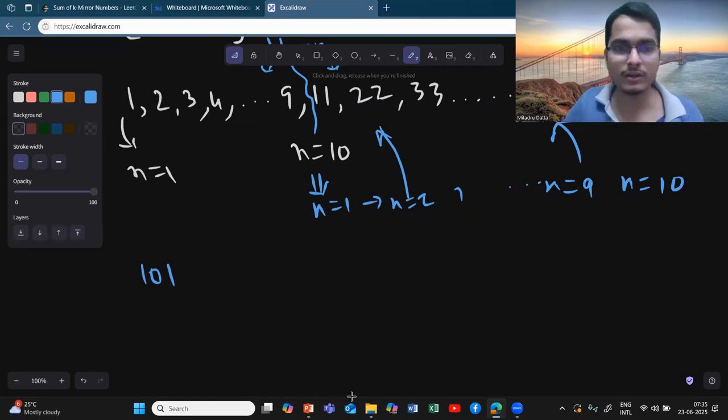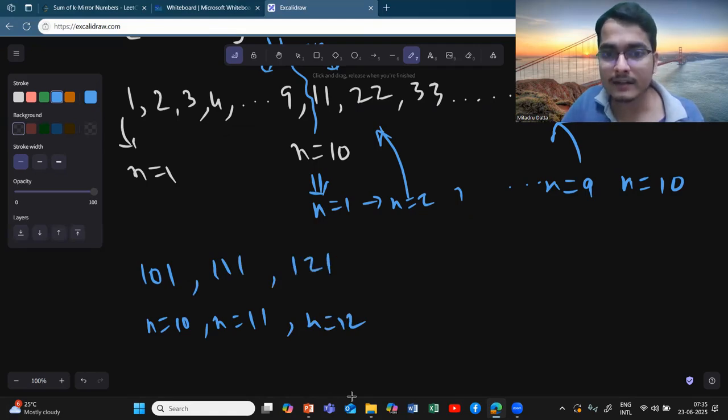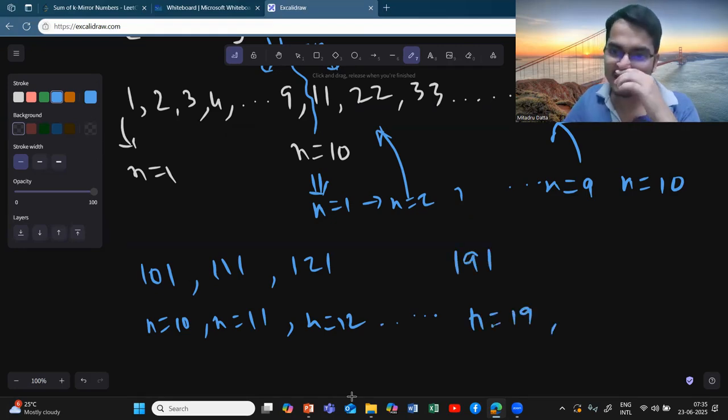For n equals 1, you got it. Now n equals 10. Now n will be 11 naturally. So from 11, how can you generate? It will be 111. n will be now 12. How can you generate? 121. And similarly, you can just go until n equals 19. You will generate 191. Okay, when n will become 20, you do not need to reset n, because